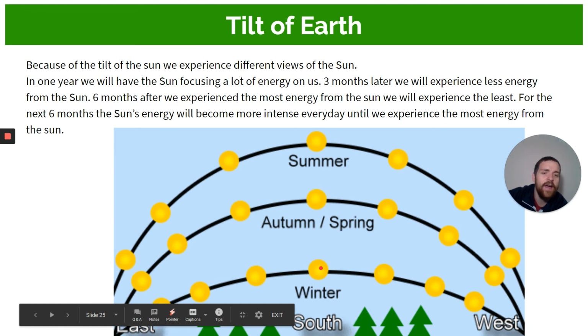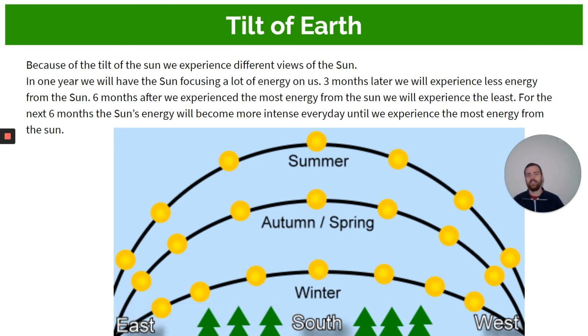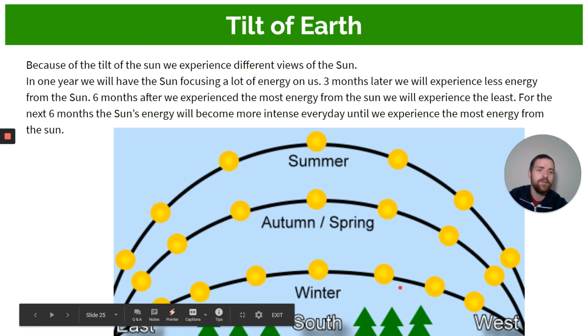and it continues to rise lower and lower in the sky. And so what happens in winter, where the sun comes up, and then it doesn't go too high, and then it goes back down. That's why we have such short days, and it's so cold in winter, because we're not getting as much of that sun's energy. And then what happens is, after we pass July now, we're about to have the solstice,